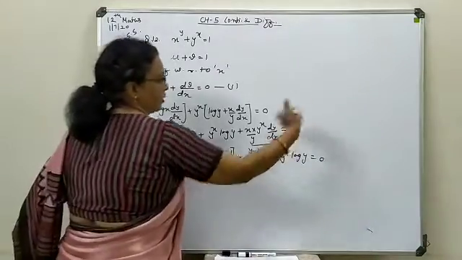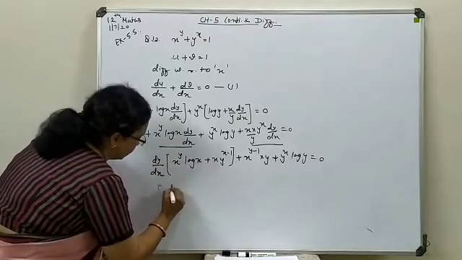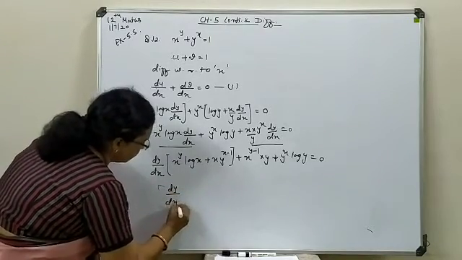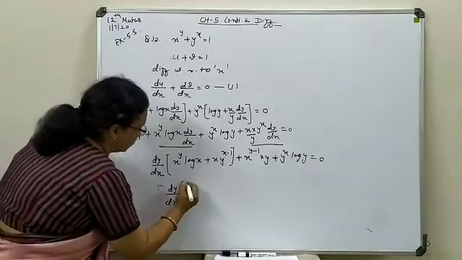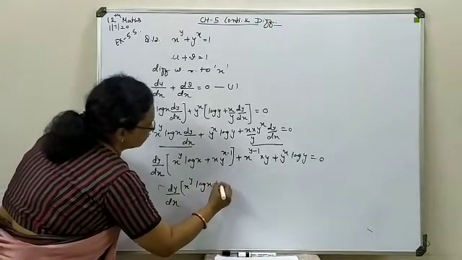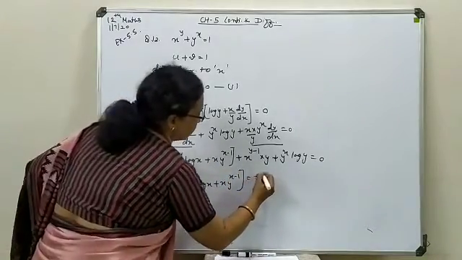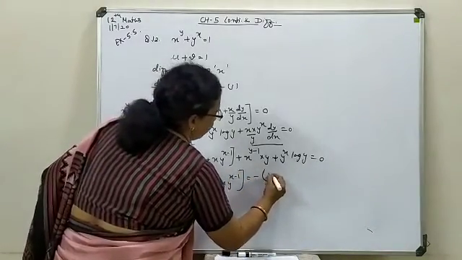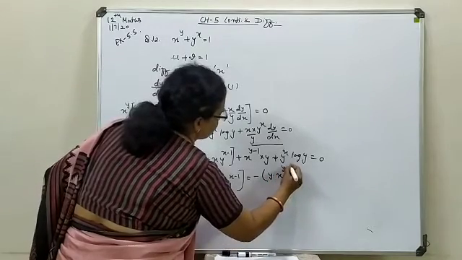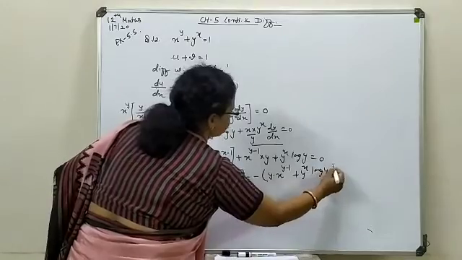Now these two terms shift over that side and make your dy by dx separate. So dy by dx, once this full bracketed term is to be separated and shifted over that side, it will be minus y into x power y minus 1 plus y power x log of y.